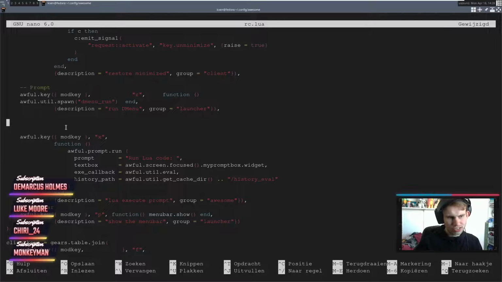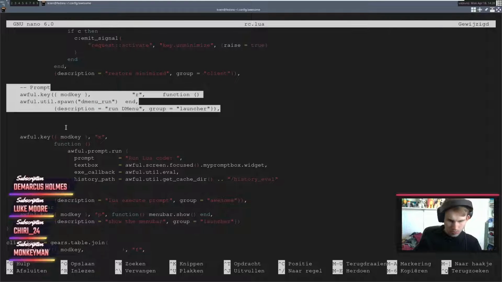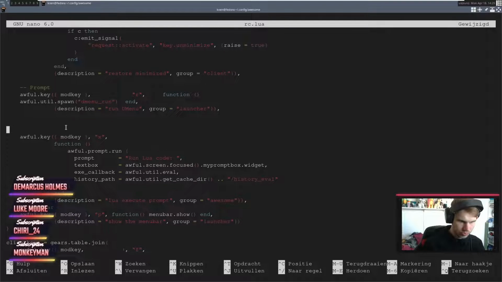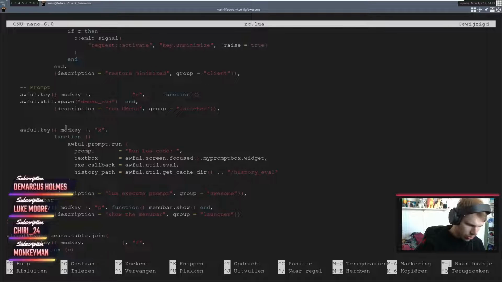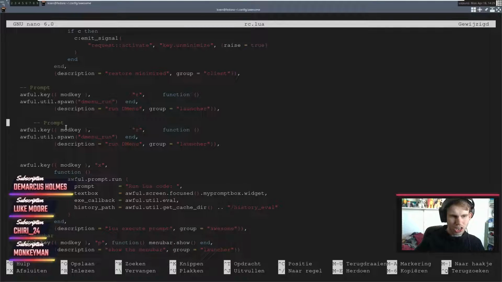Why is it not doing what I prompted it to do? Why is it being so stupidly difficult? Does it work now? Yeah, that's more like it. Also, what I want to do in here is change that to dmenu, so that you can actually get that. I want to change this to E, and then I'm going to call this Thunar. Beautiful.